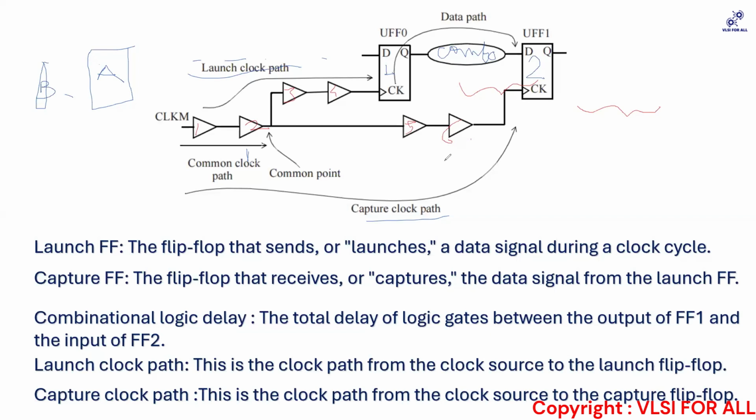Now this is skew. Skew has to be between two different flops. Skew is never with respect to one flop. It's always with respect to two different flops. You have heard about it when doing calculations: T skew is the difference between your